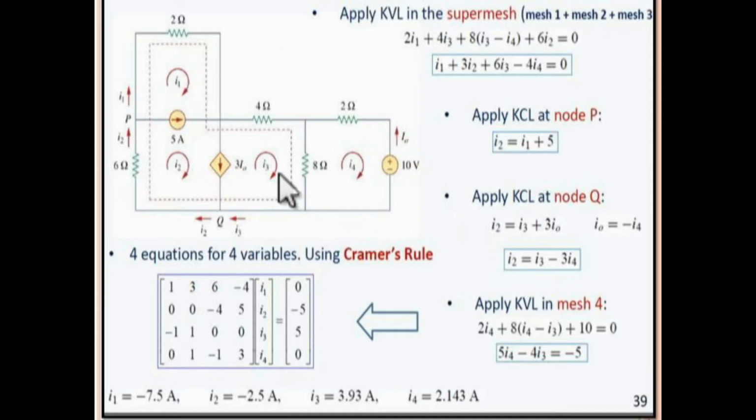So as you can see over here, we have taken 4 currents, I1, I2, I3, I4. So identify the number of meshes first, then see whether there is any current source connected right in between two meshes. There is a 5 ampere current source connected between mesh number 1 and mesh number 2. Then this is the current dependent current source, another current source connected between mesh number 2 and mesh number 3. So now guys, what we have to do is write down the equations.